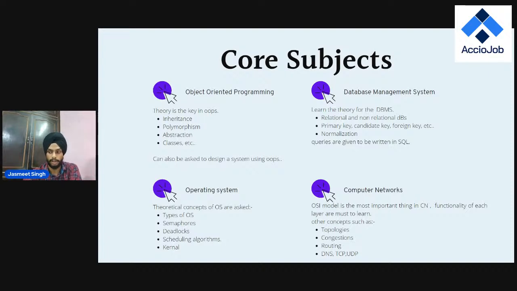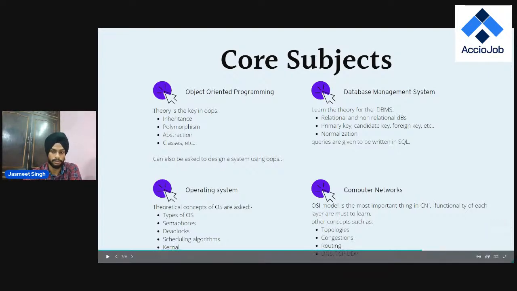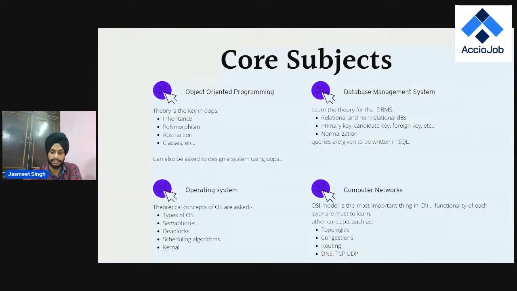For object-oriented programming, I would suggest resources such as Geeks for Geeks. Geeks for Geeks has some great articles, and InterviewBit for learning the theory concepts. For learning low-level design, you can follow a YouTube channel of Gaurav Sen and Don Martin System Design. That is a GitHub repo that contains all the information about how a system design is done and how you should approach a problem. Okay, so learning the theory part and the application is a must in object-oriented programming.